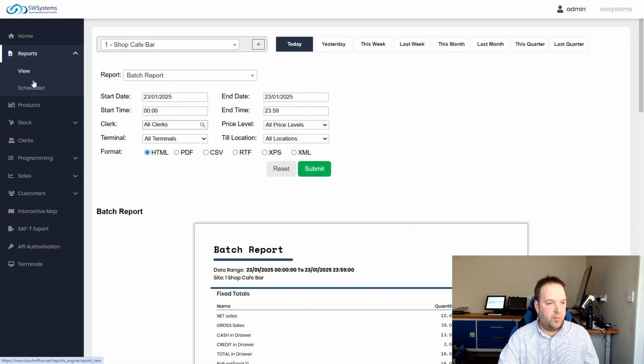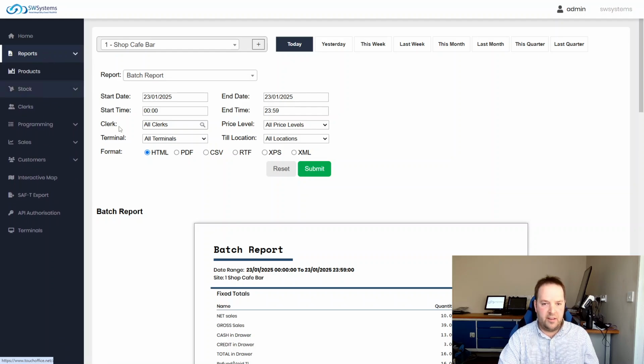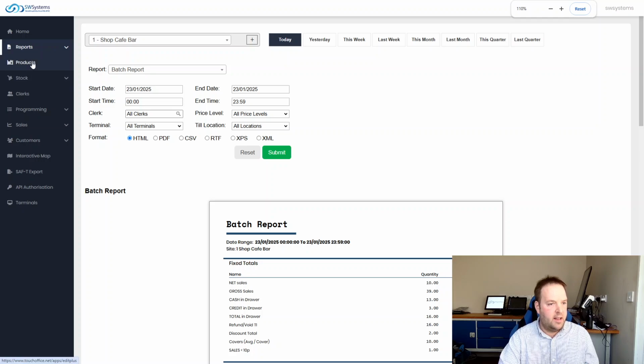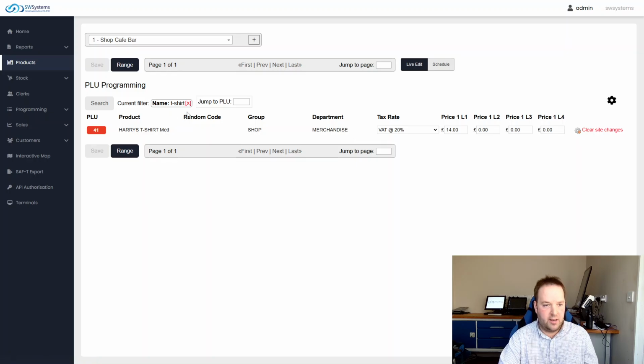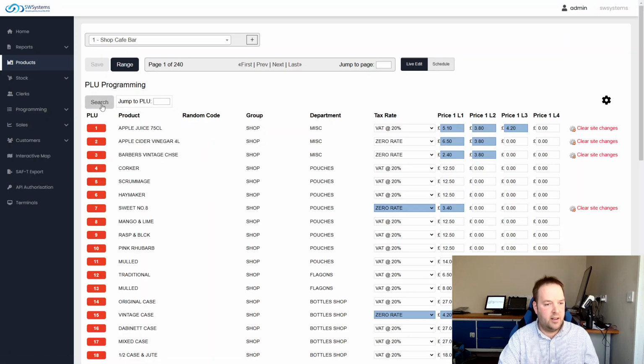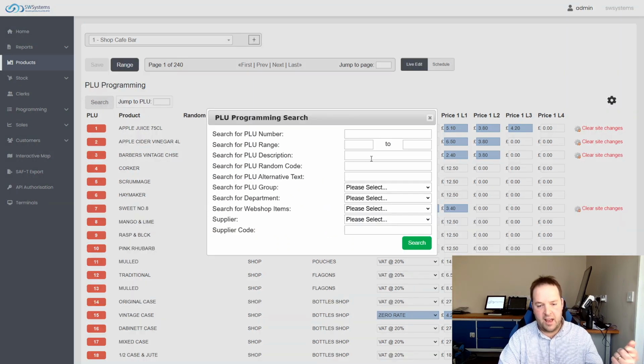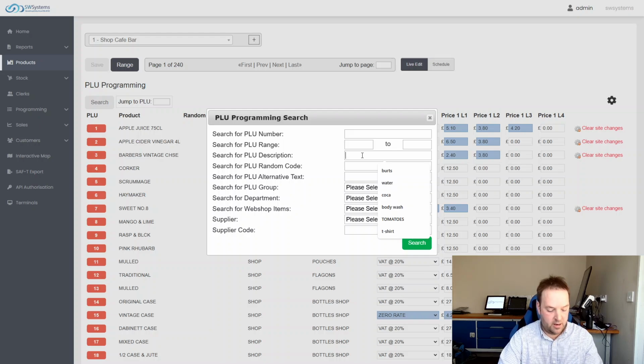You can also schedule reports in here if you do want that, but the cloud is very easy to use and does all that. In terms of product information, it's in here. So say I want to look at a t-shirt, I can go search, scan the barcode using the barcode scan on the back office, and I can search by barcode number, which is called random code, or I can